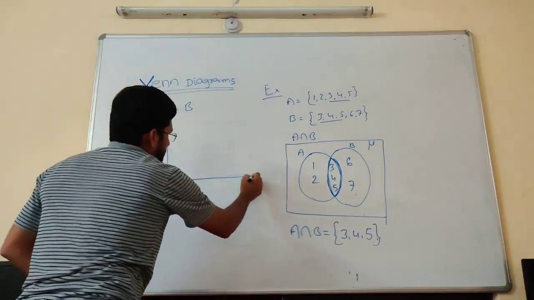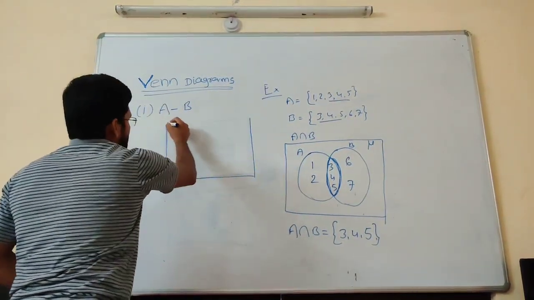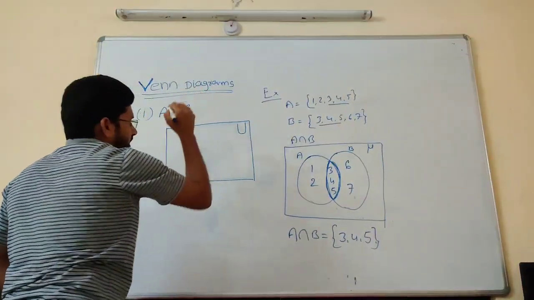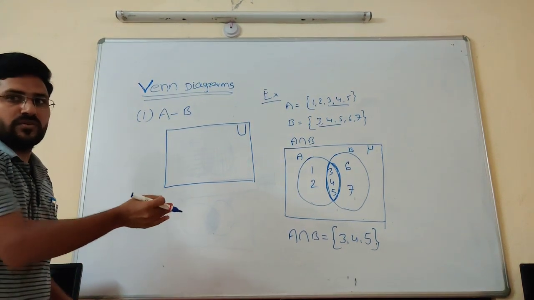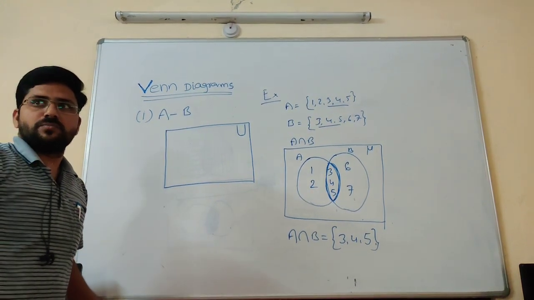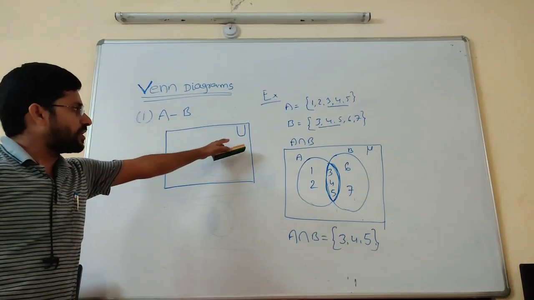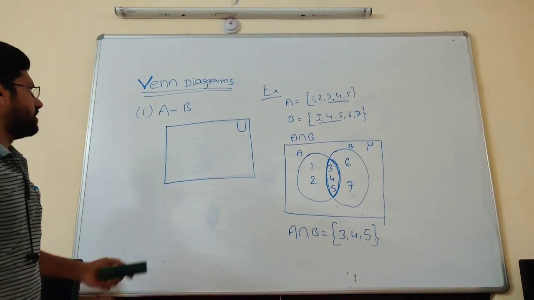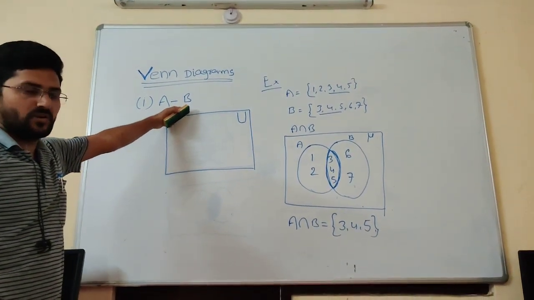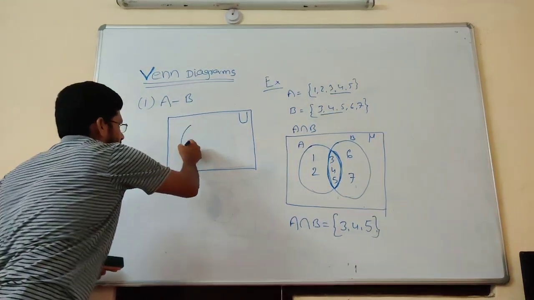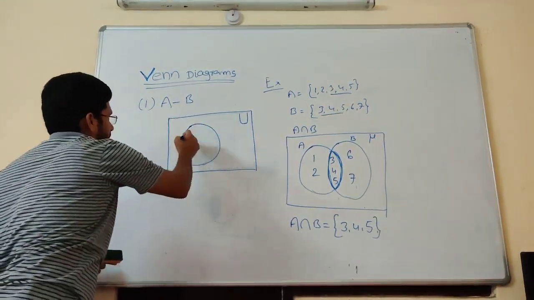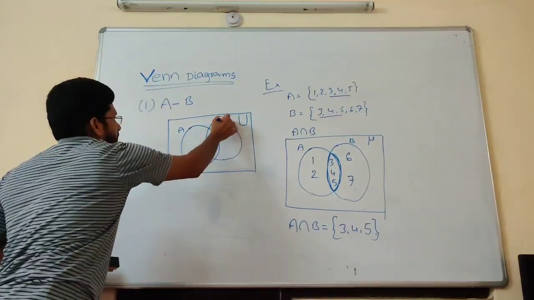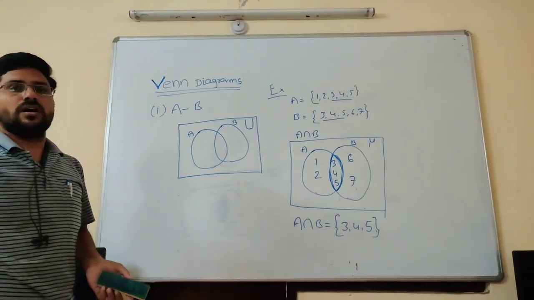First, we have to take the universal set, that is represented by mu or capital U. Just I am taking here capital U. In the first diagram we have taken mu there. Means we can represent it with a capital U or mu. It indicates the universal set. Next is the A minus B Venn diagram we are drawing. You take set A. This is A. Next you take set B. Got it?